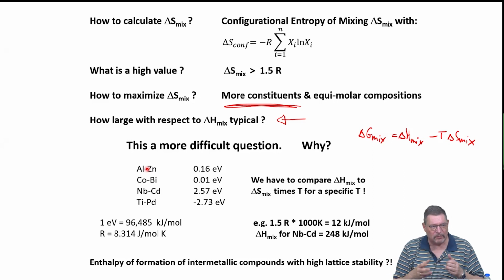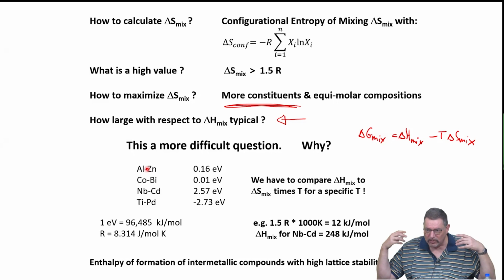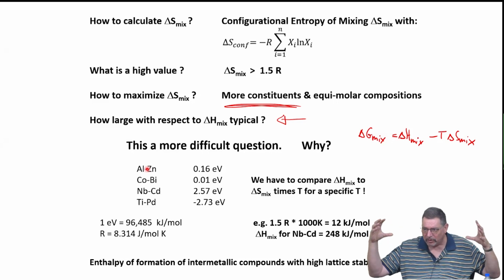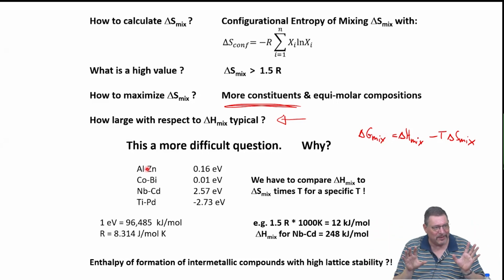And this is why you have to select alloy systems according to the interatomic interactions, and fortunately enough, pairwise atomic interactions are rather sufficient to get a good idea of what you could mix in order to get a high entropy alloy system. You don't need to know about 3, 4, 5 body problems. The 2-body problem is complex enough, and it already gives you an idea of what could work, and then one has to find out.